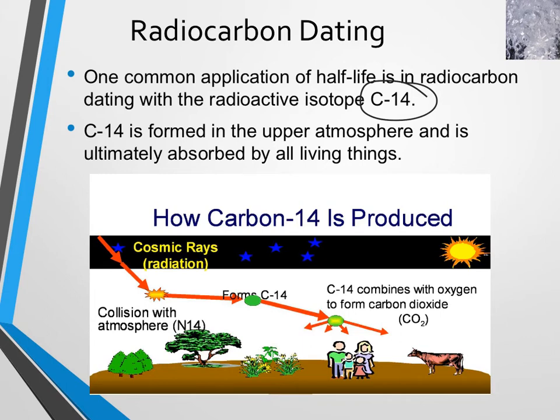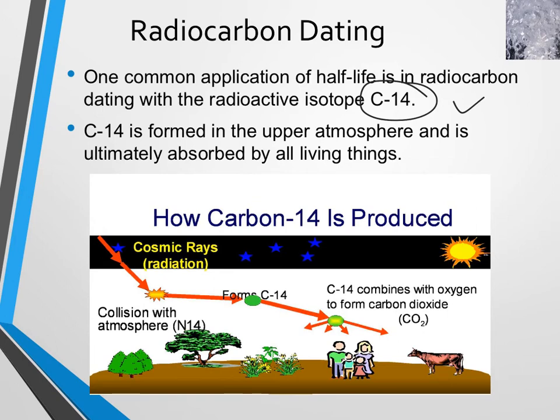It's produced in the upper atmosphere where there's a lot of high-energy solar radiation, and it gets incorporated into our atmosphere, carbon dioxide and anything else that contains carbon, and any living substance, including us, animals, plants, will incorporate a certain amount of carbon-14, a known amount, because it's based on the percentage of carbon-14 in our atmosphere,